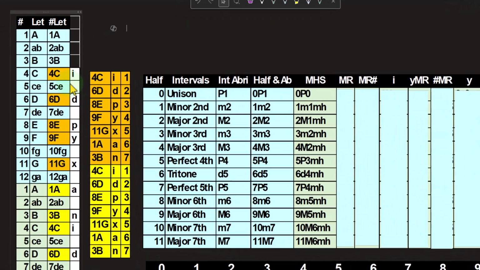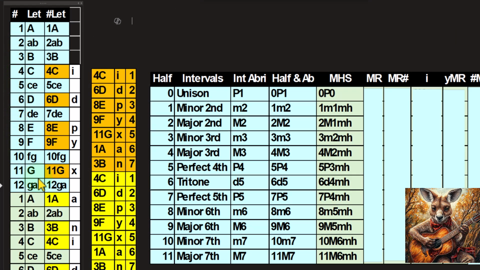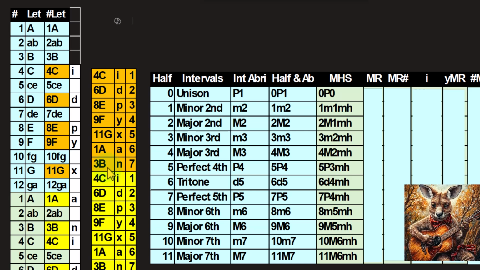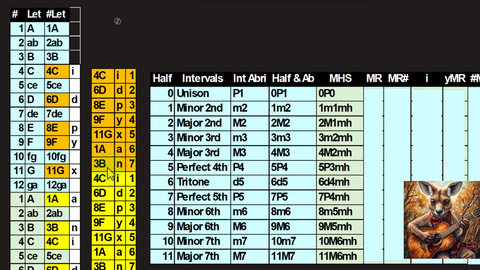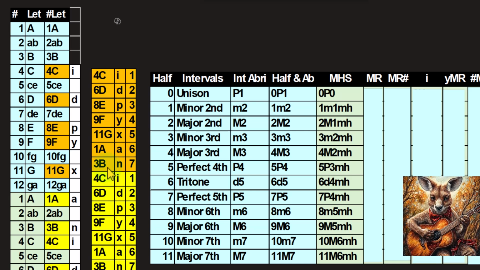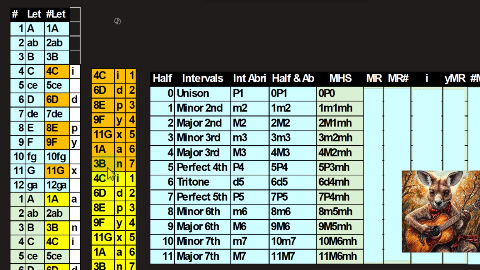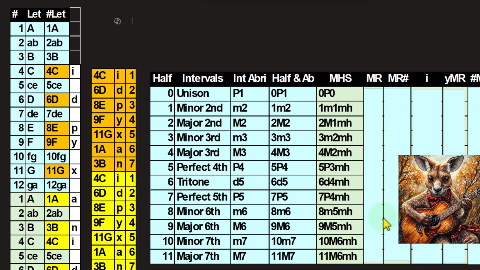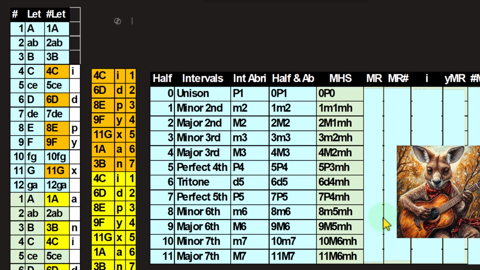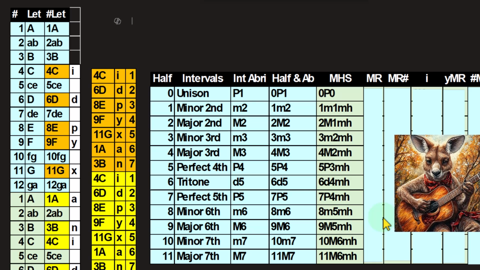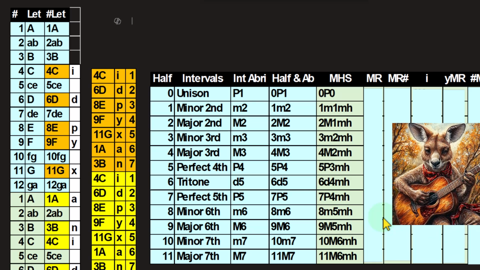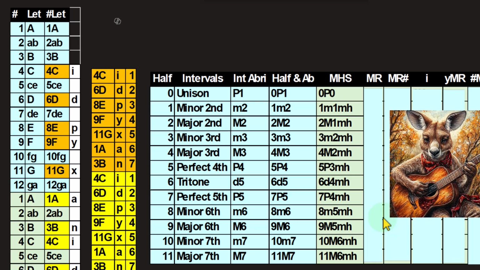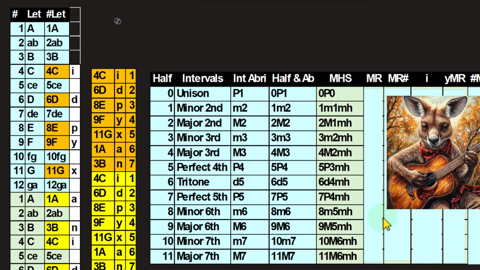Now we have our 12 notes in the musical alphabet over here. We selected 7 of them. We're going to be working in the collection of notes based on the major scale. Now note that all of the relationships are like copying and pasting in Excel. All the relative positions change. So that means that this works all the way across all of the 12 different sets of 7 notes that